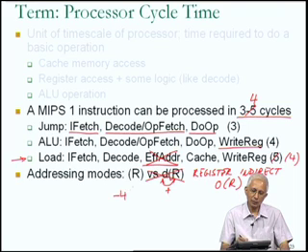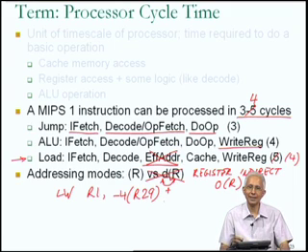In situations where there was a base displacement addressing mode, such as a load word instruction, R1, -4(R29), this could have been as a result of something like local variable access inside a function call. That may be where this addressing mode came from. This may have been an instruction which is loading a local variable x into register R1. Now, what if we didn't have the base displacement addressing mode? Then in order to generate the address of the local variable x, we would have had to have an instruction